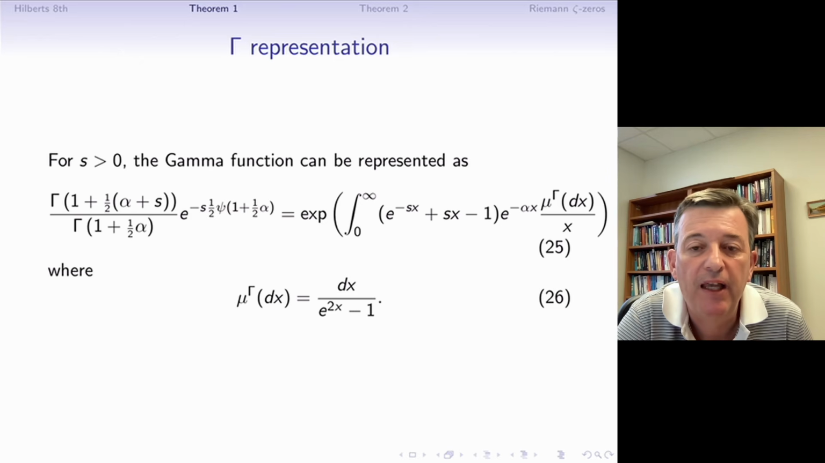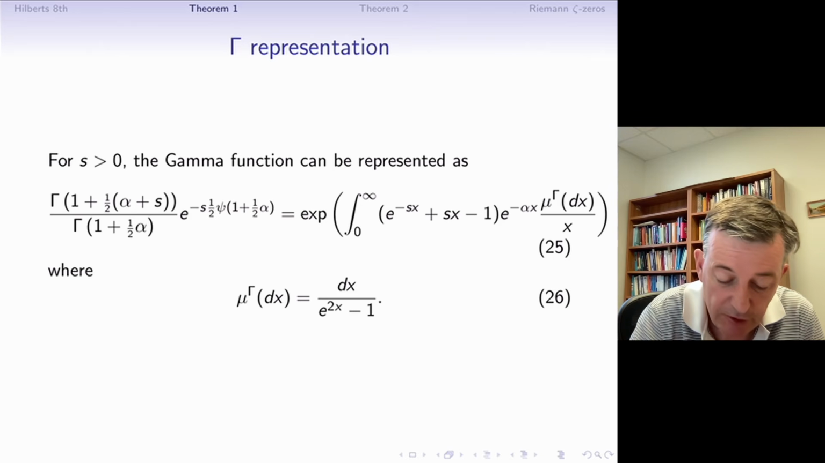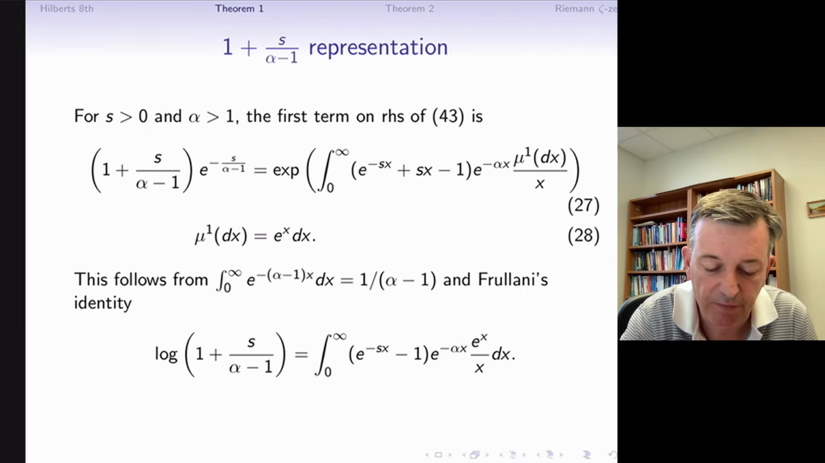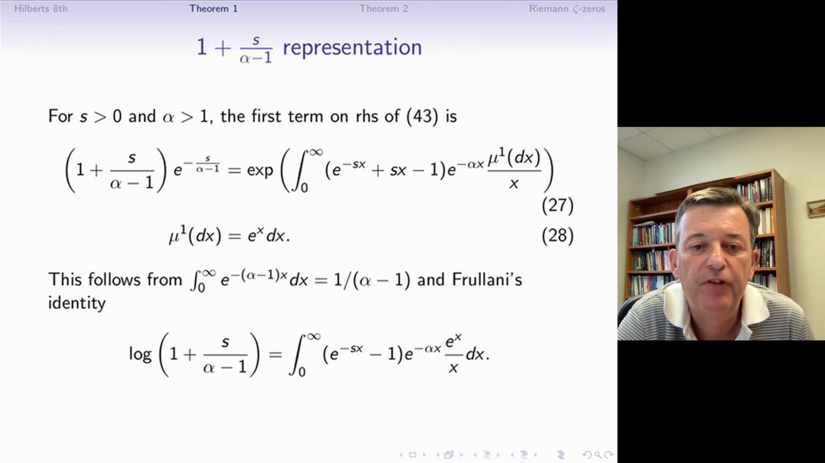So how do we deal with the gamma function? Again, this is just a well-known fact. We can write this ratio of gamma functions in terms of essentially Binet's formula or Malmsten's formula. And again, we know what the Levy measure is here for a gamma function. And then one final term, the term in front, can just again be directly related